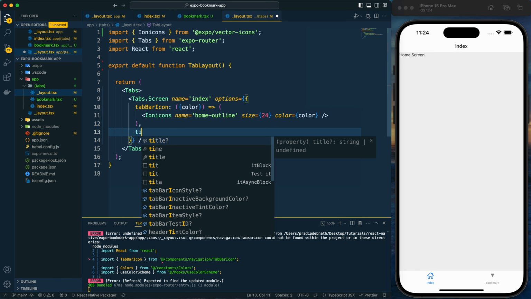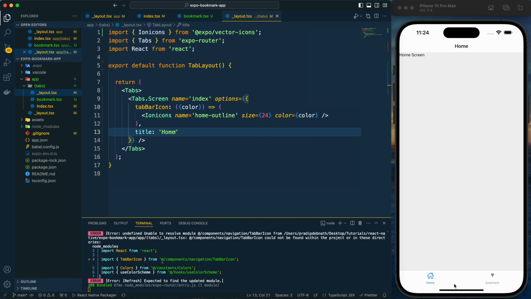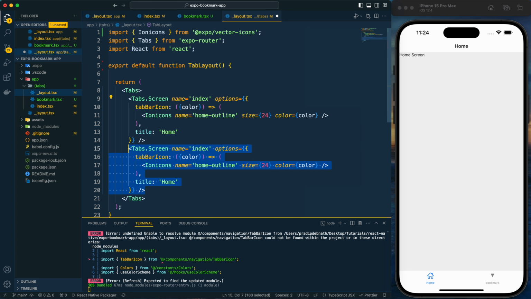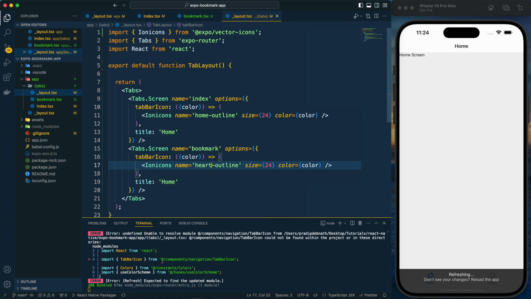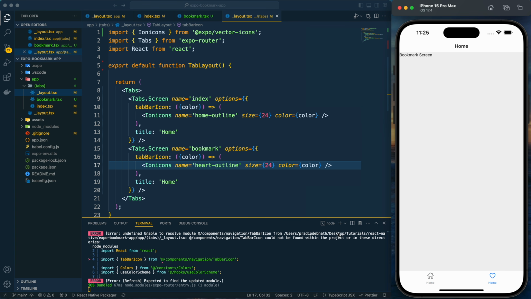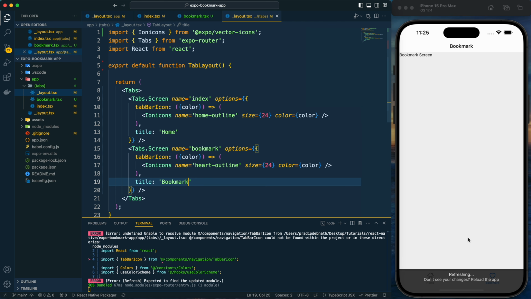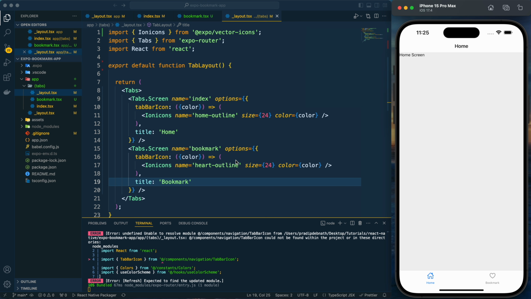Now let's provide the title, so it has been changed. Now we need to do the same thing for the bookmark, and it will be heart outline. Okay, and the name of it will be bookmark. So the basic setup is done.